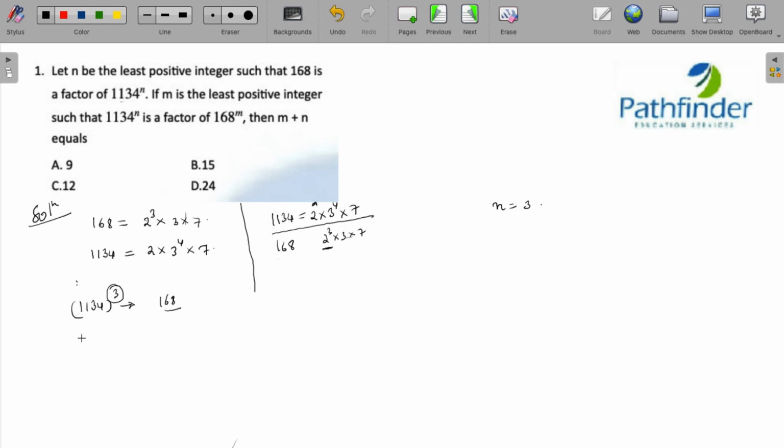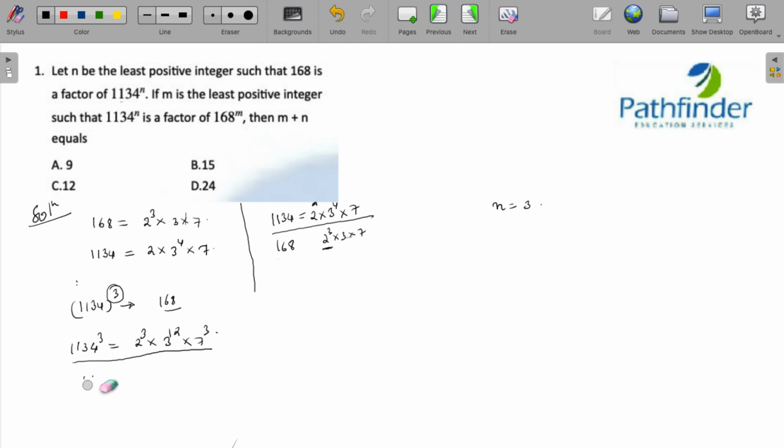Now we want 168 to the power of m to be divisible by 1134 to the power of n. So what happens now? 1134 to the power of 3. So the prime factorization of 1134 to the power of 3 is 2 cube multiplied by 3 to the power 12 multiplied by 7 to the power 3. And if I divide this whole number by 168 just to find out what should be the least power,